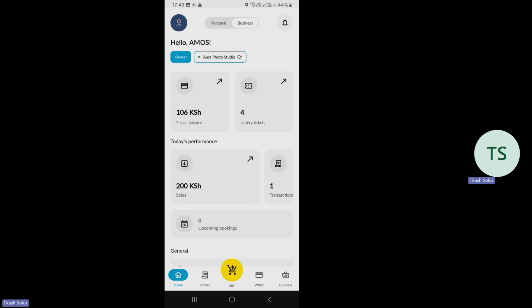So this session is a build up on make your first sale. Remember we said that immediately you fix your shop, then you would want to start making sales. And we say that the best way of making sales when you're already having the platform is through the platform. Why? Because the platform has a way of keeping the records, has a way of ensuring that your money is secure. So has a way of showing you the transaction history, the kind of details, the kind of business insights that you need for you to be a successful business person or for your business to be a huge success.